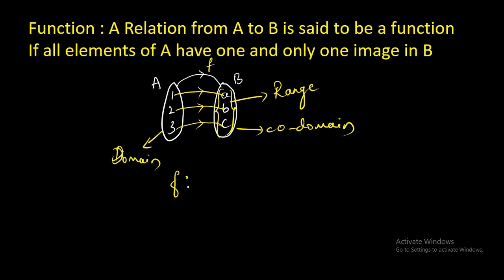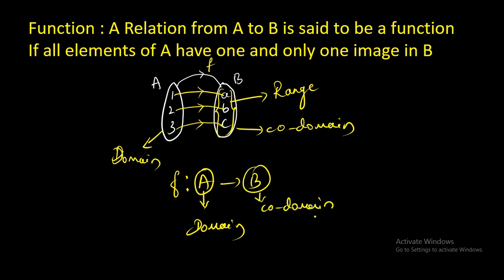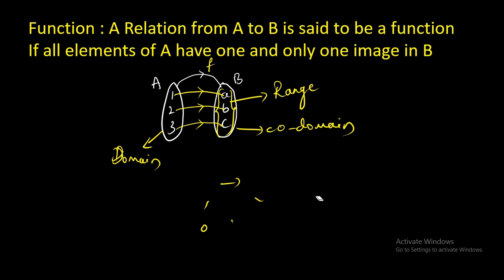Then when you have the notation f from A to B, you can say the alphabet A which is there in this place is called as domain, and the alphabet B is called as codomain, and the range will always be in the set B. So, you should understand the meaning of domain, codomain, range of the function. Students, after knowing this much, now some notations, very important notations. You can observe the screen.